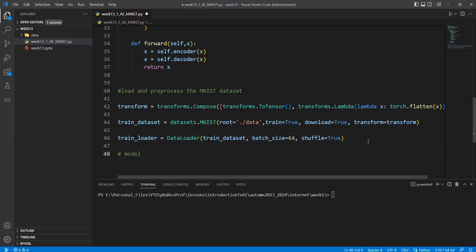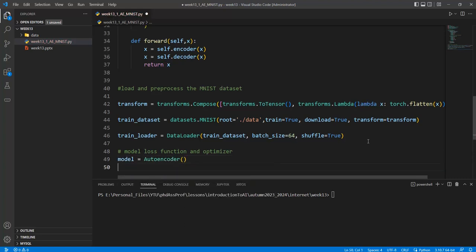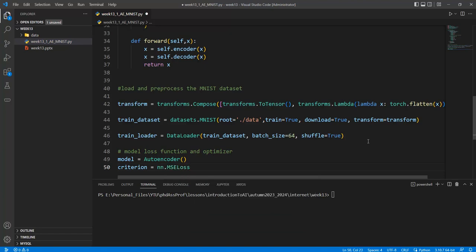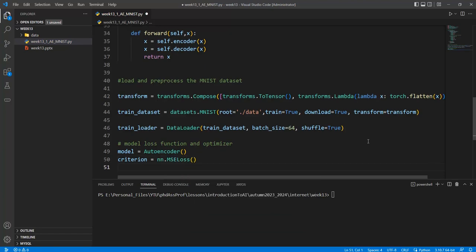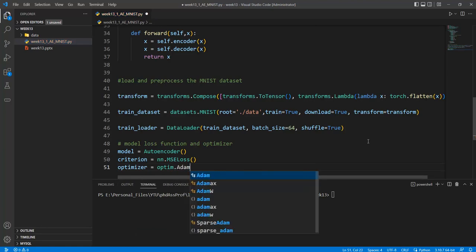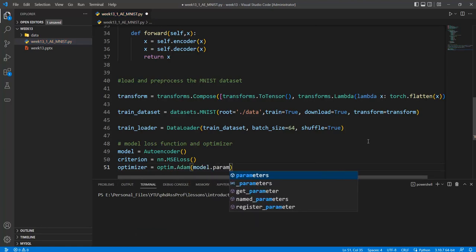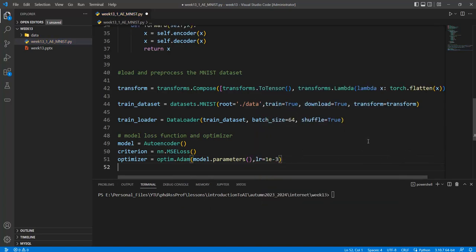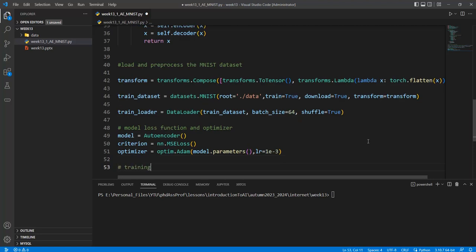Okay, the model, loss function and optimizer can be given as follows: the model is equal to the autoencoder, the criterion is equal to the MSE loss, and the optimizer is equal to optim.Adam with model.parameters() and lr equal to 1e-3. Okay, and so the training loop